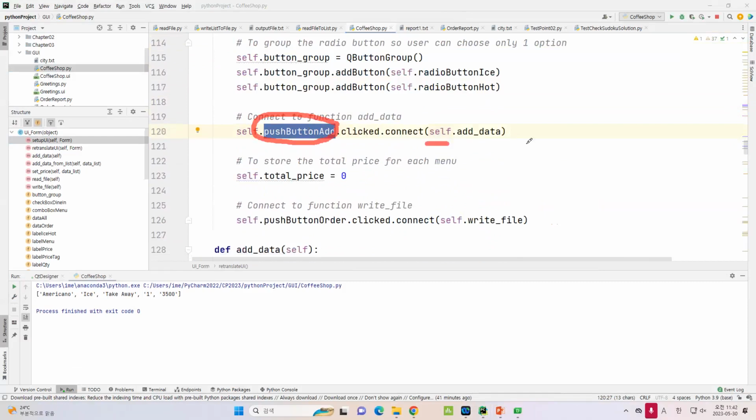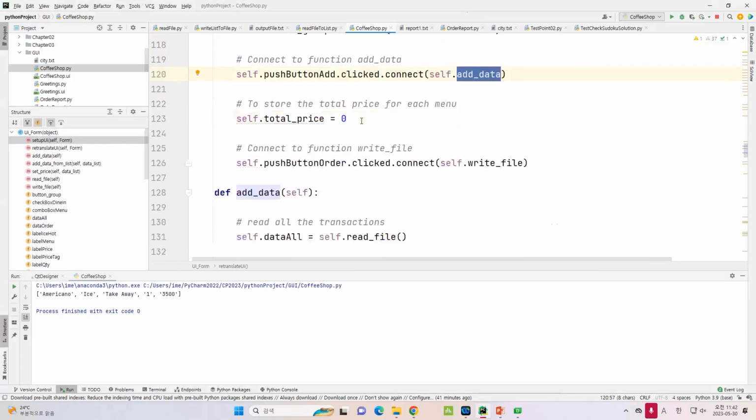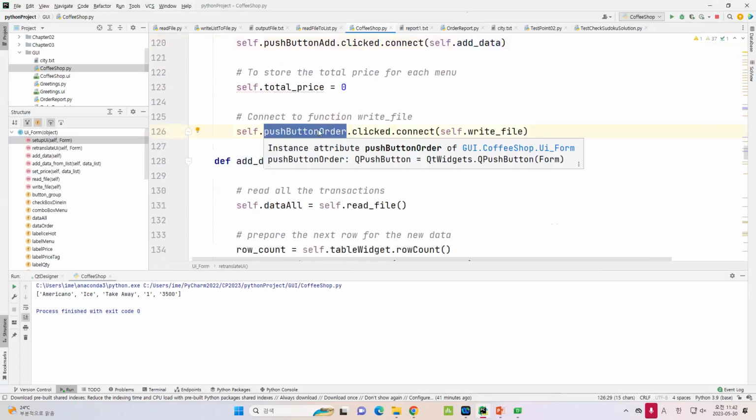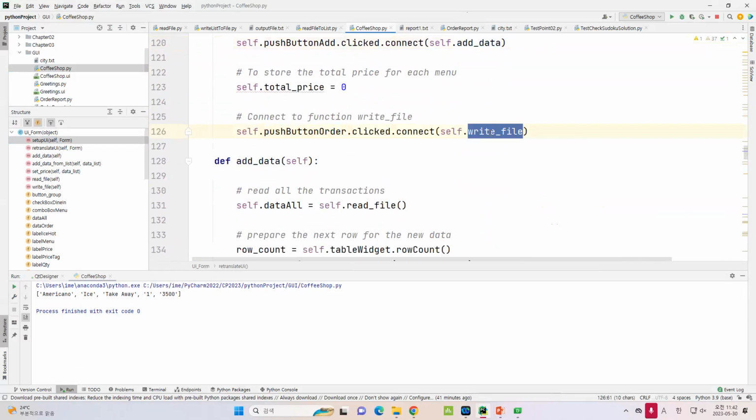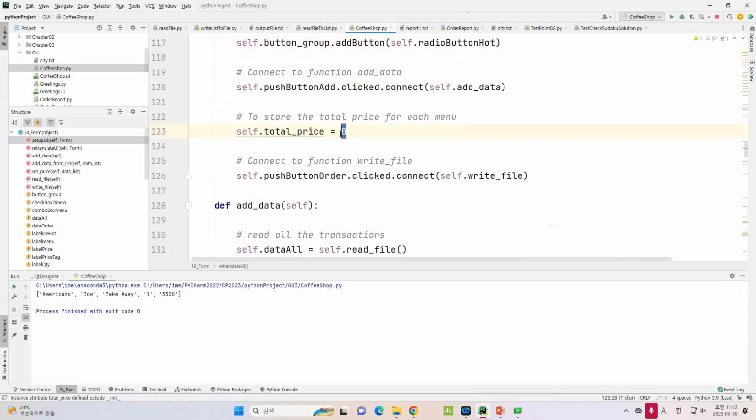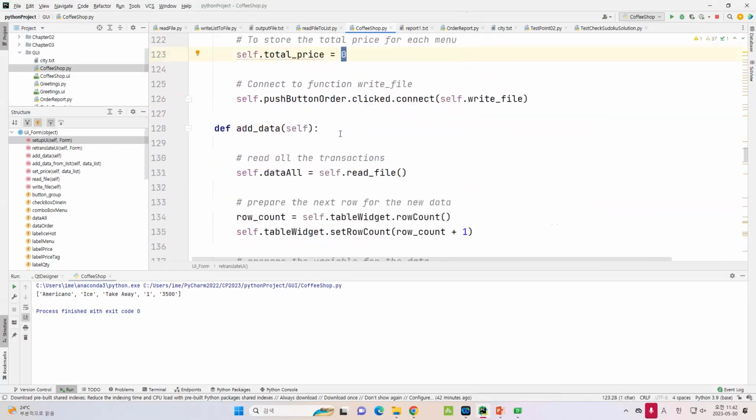If I click this one, then let's add the data. That's why you will see that every time we click that button, the data will be added into the table. So here, if I click the order button, then I will do write file. So I will write all the transactions into the report 1.txt. For this, the total price will be set up as 0 at the first time. So in the add data,